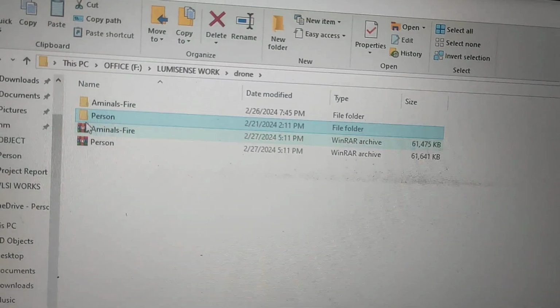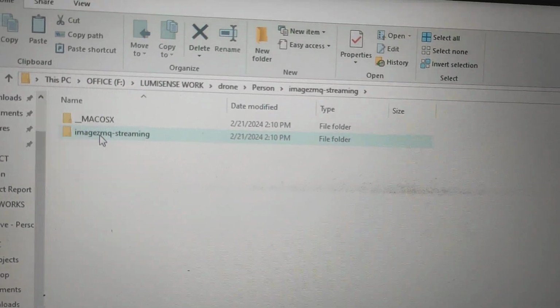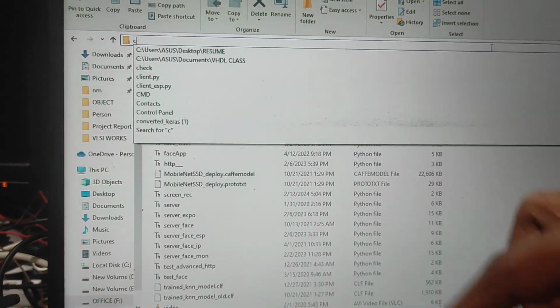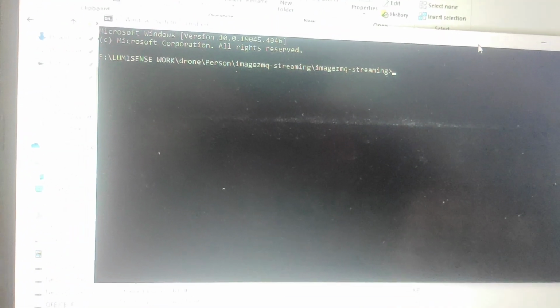After that, in the same person file, there is a folder called image zmq. You need to open that. In the same library file, you just type cmd, then this type of dialog box will appear. Here you just need to give python space